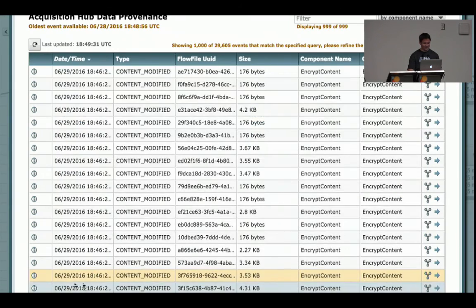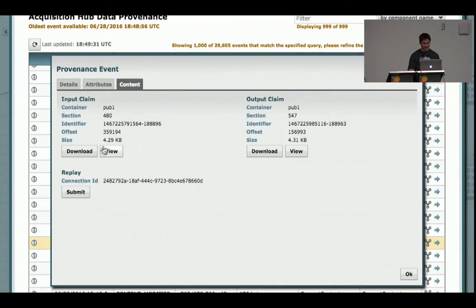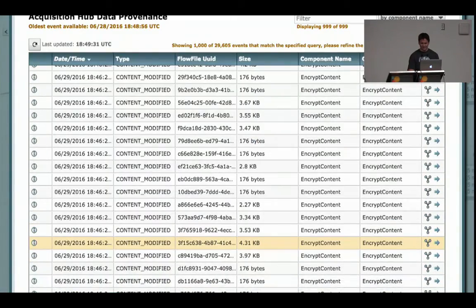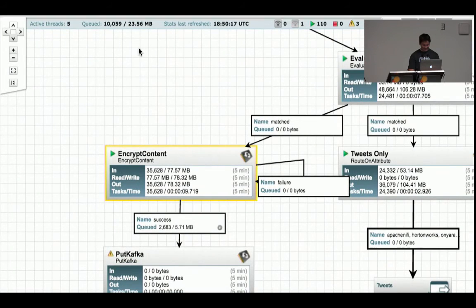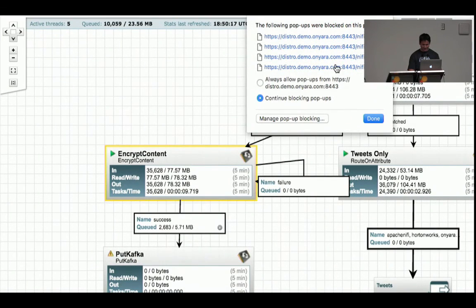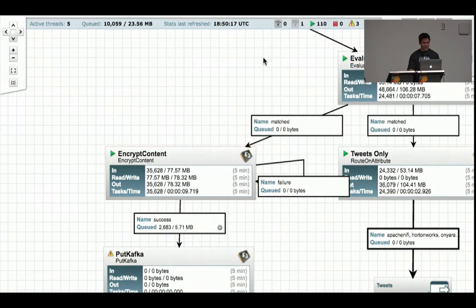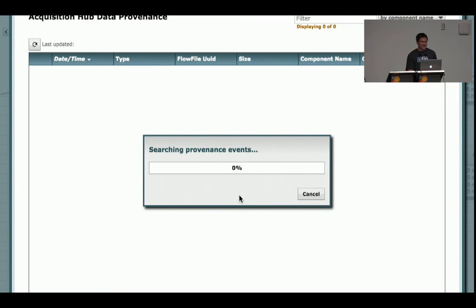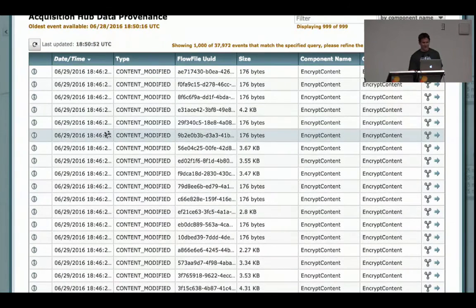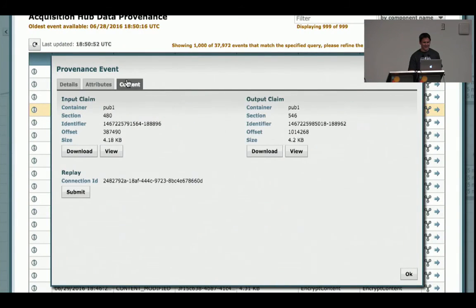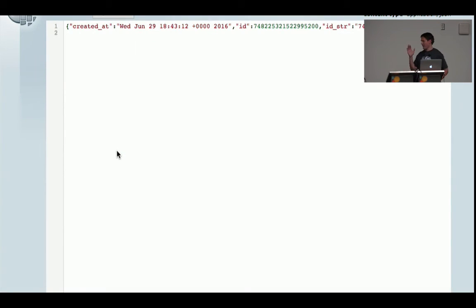Let me try another one. Oh, let me first disable my pop-up blocker. The extension for NiFi that does pop-up blocking, and getting around that will come later. Sorry, different machine. So let me go back in here again and revisit my friend, data provenance. Okay, let me grab another one of these events and scope it out. Let me view one of these. And now, with the pop-up blocker disabled,